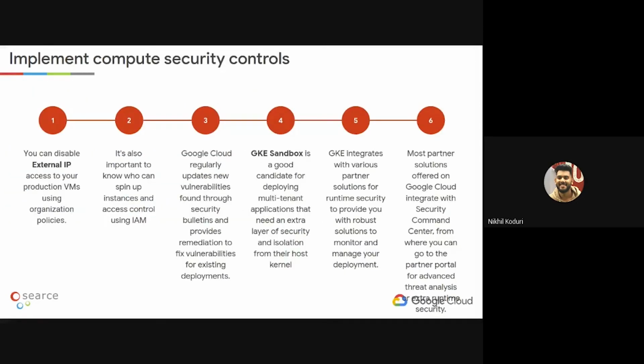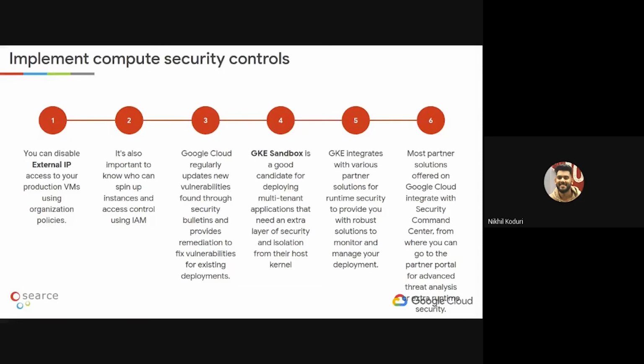Next, we have the compute resources that you will be deploying, right? And you have to incorporate security controls and make it more secure as well. Try to use private IPs as much as possible. You can disable external IPs from being attached to your VMs from the organizational policies. Incorporating Google Cloud load balancers and attaching services like Cloud Armor, right? These are the right approach. These are the recommended approach to authenticate and access your application.